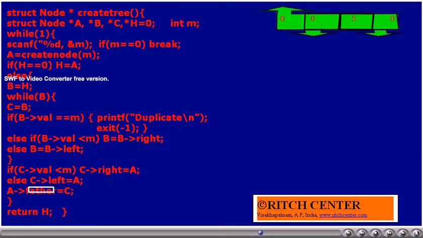So after making the new node a child of C, either left or right, we add one extra line, AR of father is equal to C, such that for this node, the father field will be set as C, that is the address of the node pointed to by the pointer variable C. Only that much modification is required.